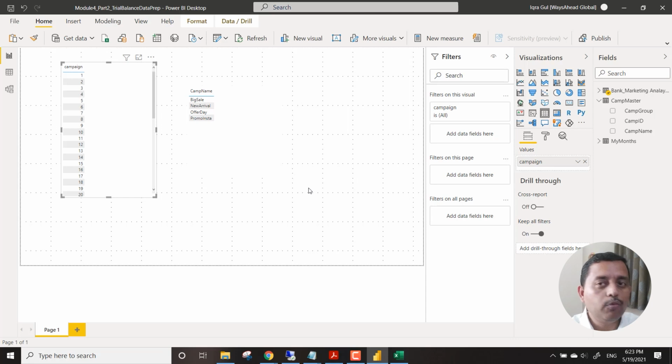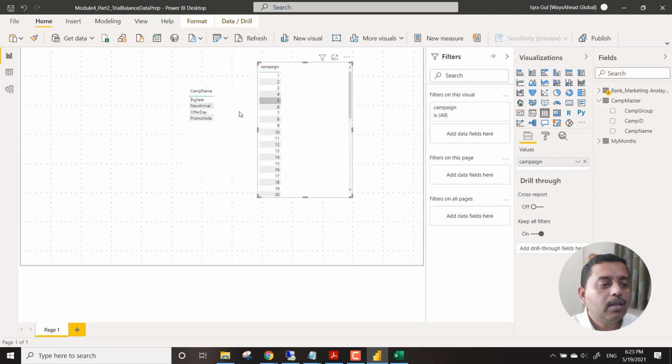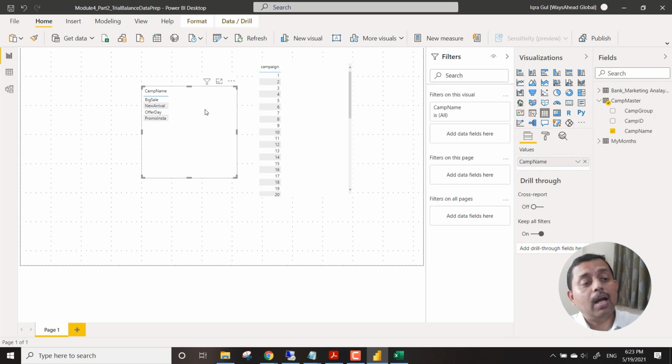So that's the activity that we are going to do with this particular marketing data. This is a very, very important thing. You understood the parent-child concept, right? So here, actually speaking, I should be bringing this over here. So actually, campaign name is the master, and campaign ID is actually the child, right? This is how it is working over here.